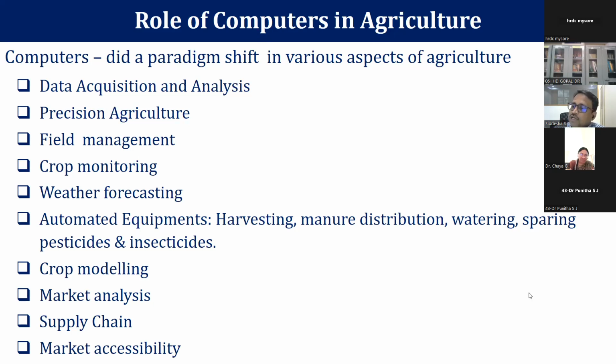Not only that, even watering. I already mentioned that if the field is dry, I need to supply water. Previously the farmer had to go to the field, run his motor and other things, and supply the water manually. But now it is automated. Based on the temperature or the dryness in the soil, the sensor senses it and the information is sent to the control room. From there, the motor automatically starts and water starts sprinkling in that area.